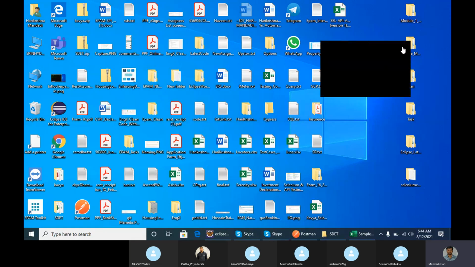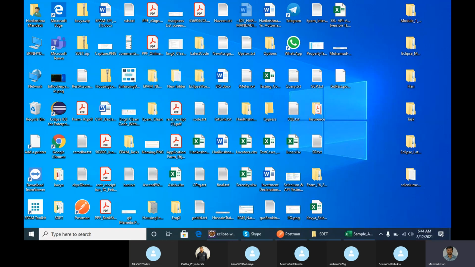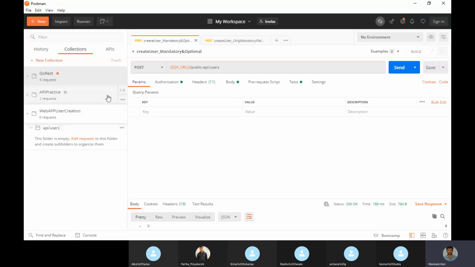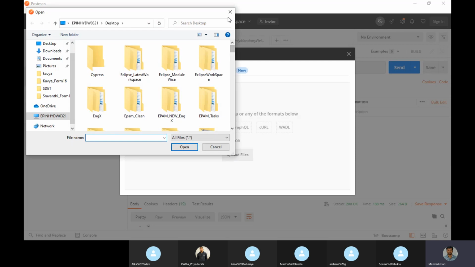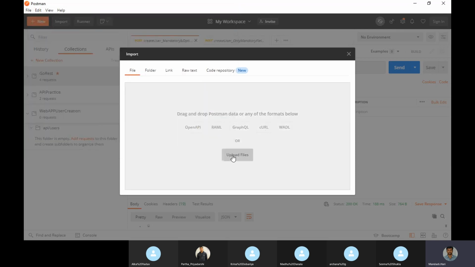Just take that onto desktop or wherever you want, and after that just use the import option. Then you will get a file folder, you can select file, no problem. Then upload files. So we need to use the upload files option.